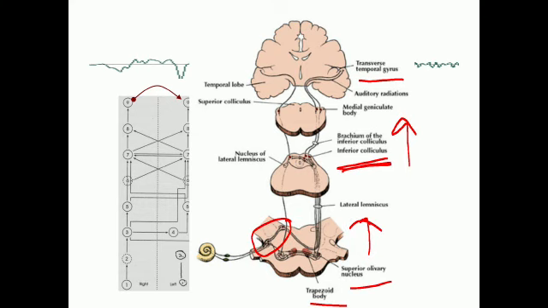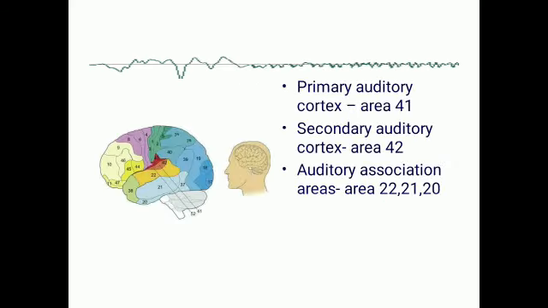So I'll just recap again. The first order neurons are situated in the spiral ganglion in the modiolus, and the second order neurons in the cochlear nuclei, dorsal and ventral cochlear nuclei in the pontomedullary junction. From there to the superior olivary nucleus and trapezoid body of both sides, and then via the lateral lemniscus to the inferior colliculus, from there to the medial geniculate body, and finally via auditory radiations to the temporal cortex where the auditory areas are situated.